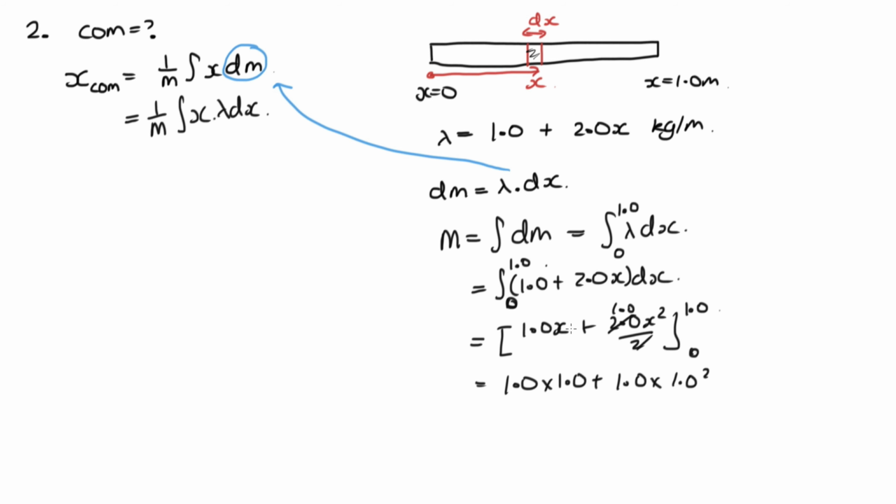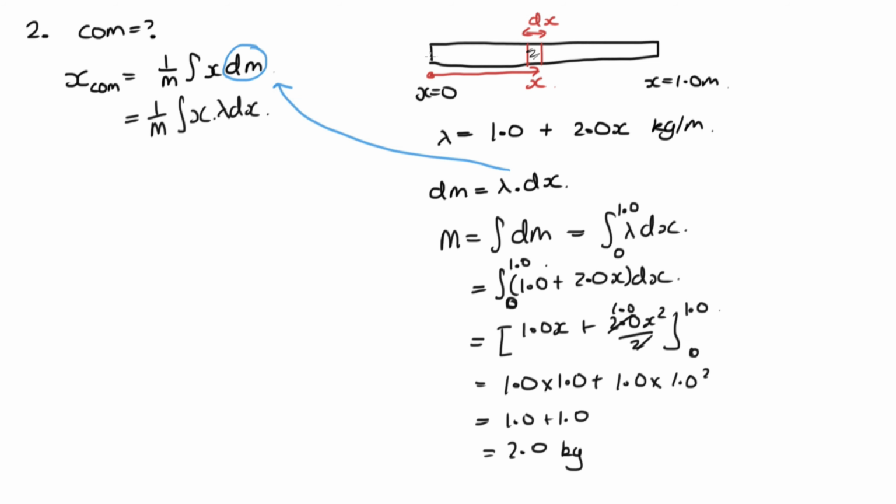And then when we substitute in 0, it's 0. So we don't need to worry about that 0 there. So we've got 1 plus 1, which is equal to 2. So this tells us that the total mass of the rod is 2 kilograms,